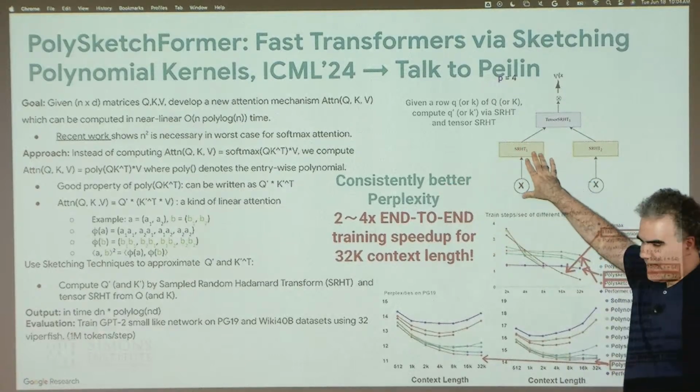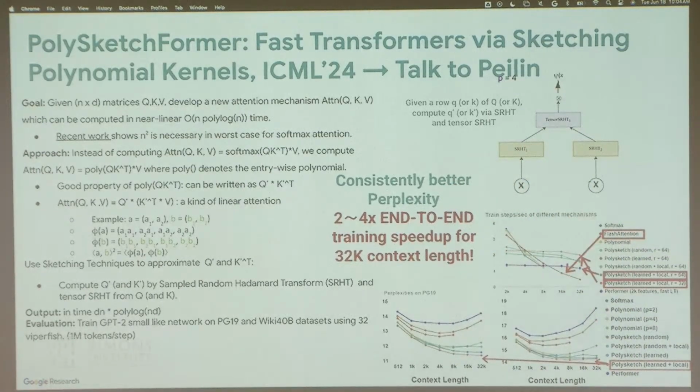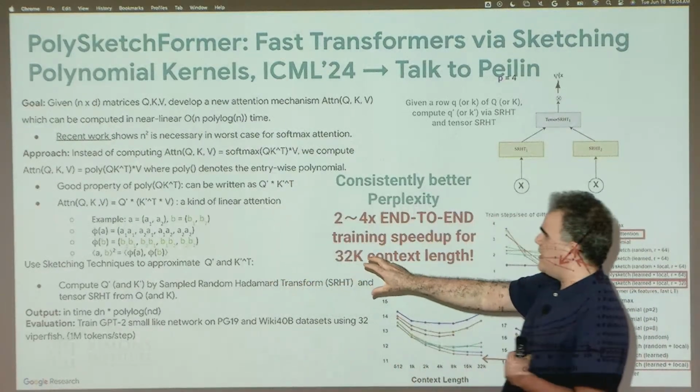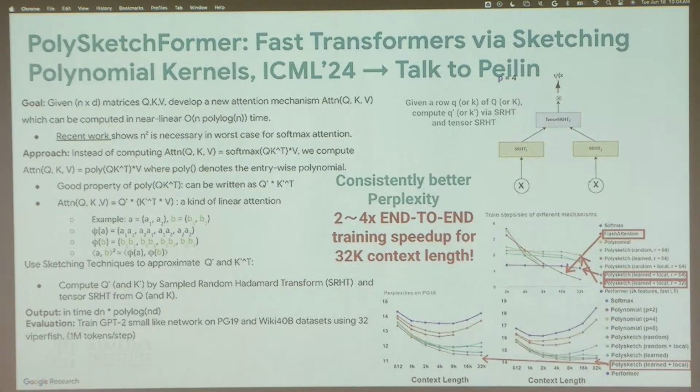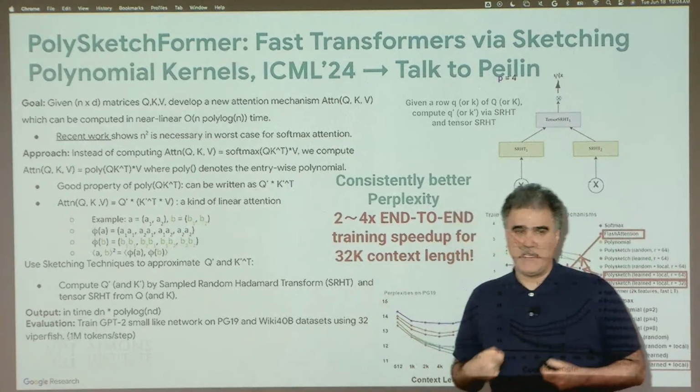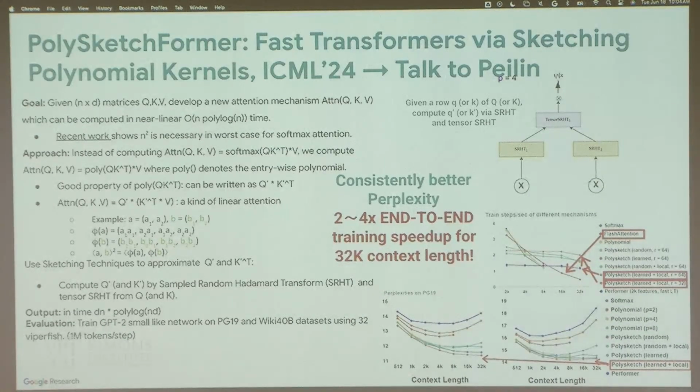So the next attempt was to see if we can relax the softmax function and get a linear time attention. It turns out that if we change the softmax function in the attention matrix to a polynomial function, then the sketching problem becomes much easier because we can apply the tensor sketch for polynomials here. And that gives us actually a provably linear time algorithm without any extra assumption. So we can approximate the polynomial function provably. That on its own has a quality hit,